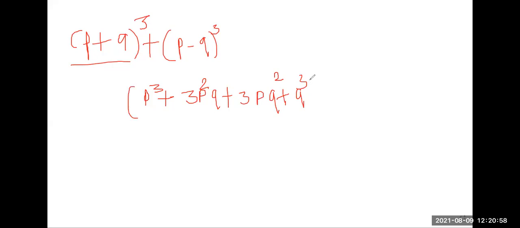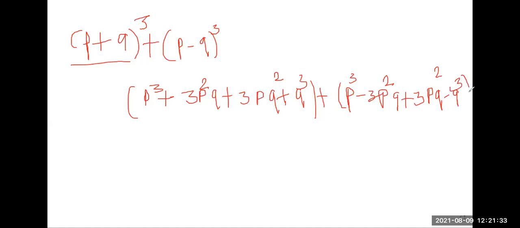So this is your first bracket. We have expanded the first bracket. Now we have to expand the second bracket. In the second bracket, p minus q whole cube, we just saw that a cube minus 3a square b plus 3ab square minus b cube. Here a means p, so p cube, then plus 3pq square. Why? Because the formula is 3ab square minus b cube. So here is your cube. Got it everyone? How to do it? By the formula expansion.